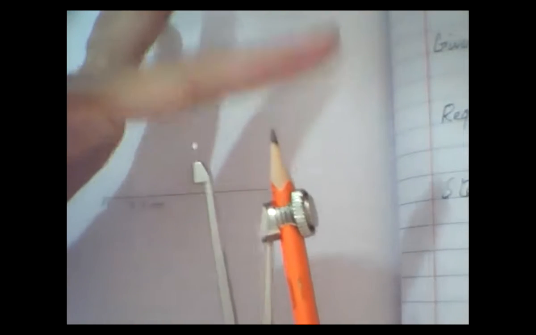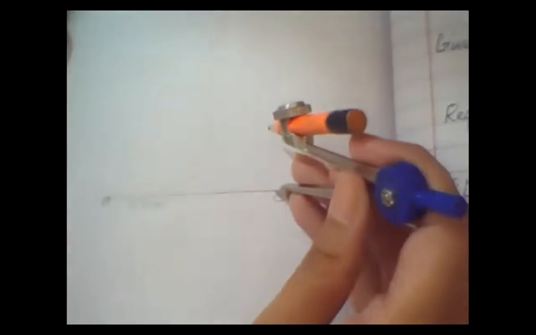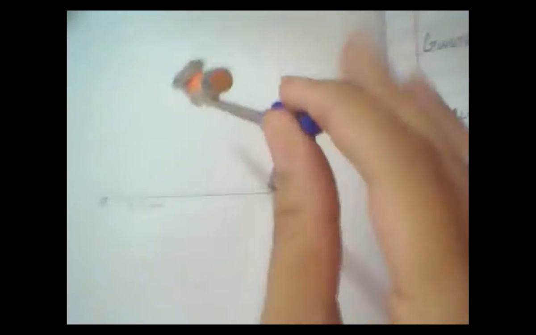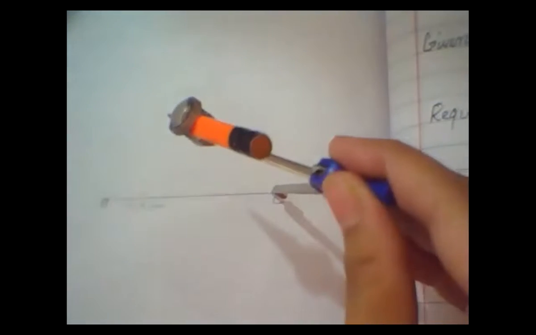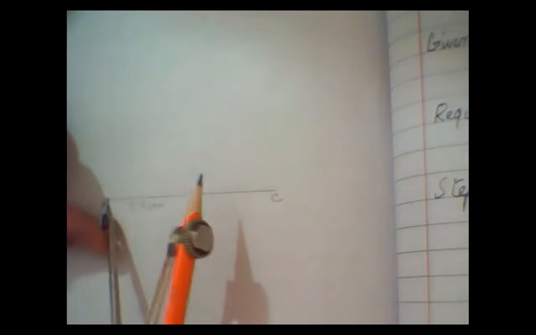Now what we have to do, beta, is fix the pencil in the compass in a way that the level of the pencil and the compass needle must be the same. Now we have to put the compass here at C. Open the compass more than half of this line segment AC, and draw two arcs, one upward, one downward, okay. Then I have to put it at A.